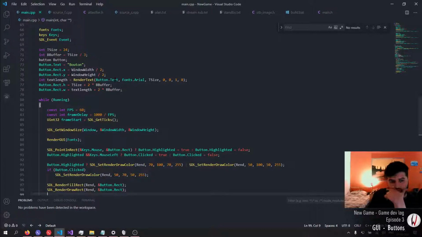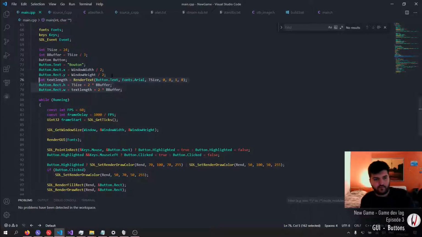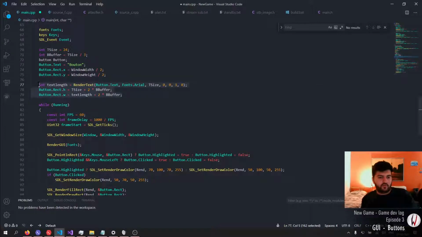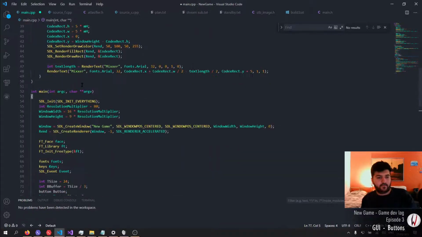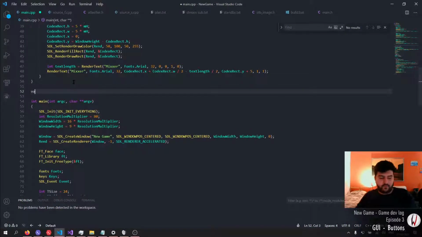The X and Y we can assign in the text. The rest would be assigned for you. Now if I take this, put it into void, maybe, I don't know, set up initialize button, init button, so button init,